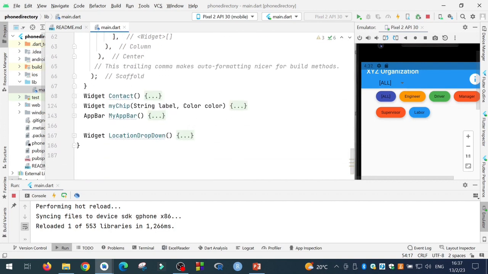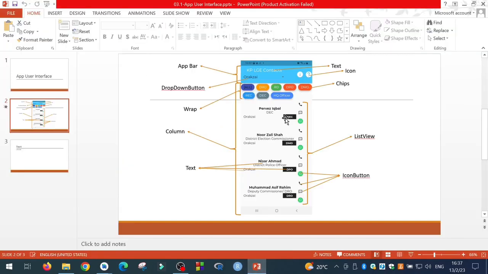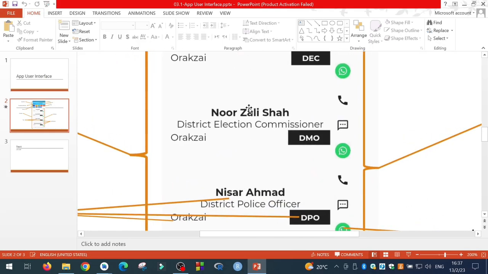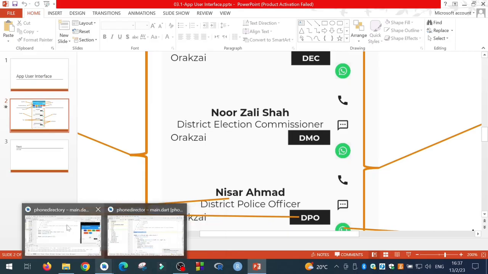Now what will be inside this contact widget? If you go to our user interface over here, we have text over here, text over here, text over here, and text over here, and three icons. So let me create these widgets as items in the widget. Now if we come to the code,